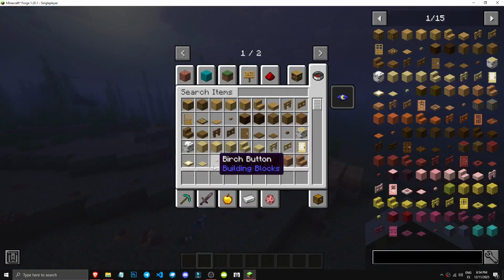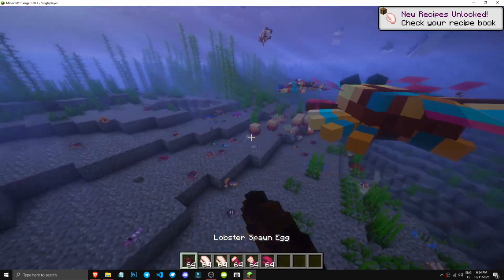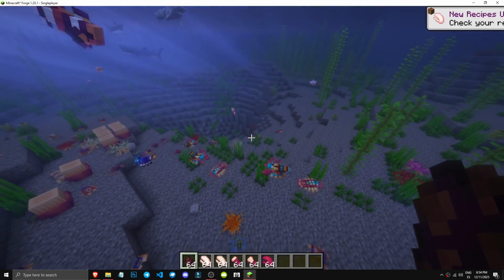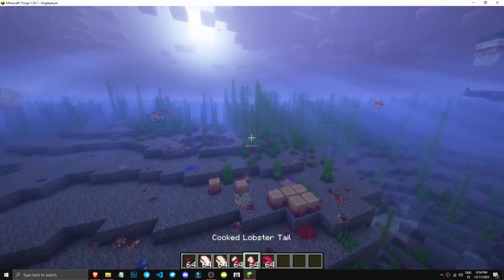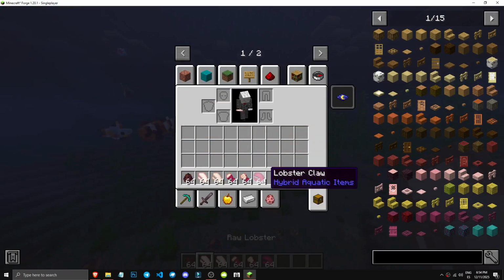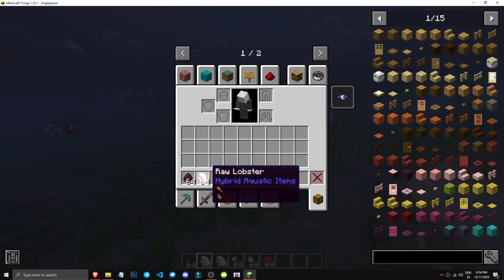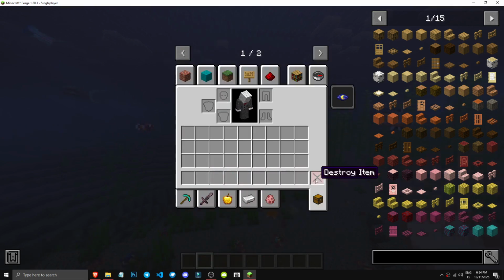We also have lobsters, okay? A bit larger. Here they are, quite cool decoratively, and they drop claws. Basically, they're claws. The tail, which can be used as food, okay? See, we can use it for food and then cook it, okay? They're relatively good food items. We also have